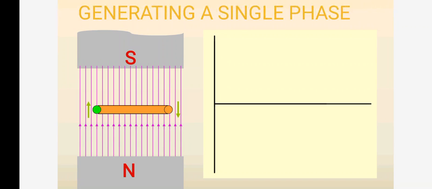There is no rotation, so there is no voltage generation. You can see the output is going to be 0. Then you can go here: motion is parallel to the flux, so no voltage is induced. Now the conductor starts moving, and from the diagram you can see that the voltage is induced. There is a small rise in the